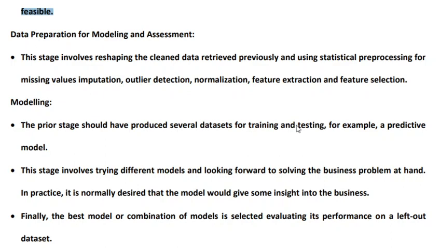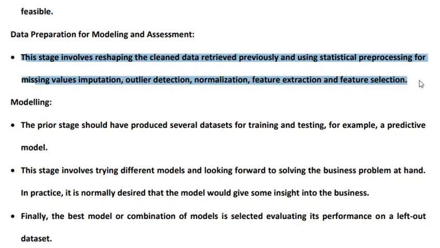Okay, so here what we tend to do is pre-process the missing values. For an example, here we have listed the set of activities that are performed. In this stage, we reshape the clean data and use statistical preprocessing for determining the missing values, for detecting outliers, performing normalization, feature extraction, and feature selection. Then once the data has been prepared for modeling, we need to carry out